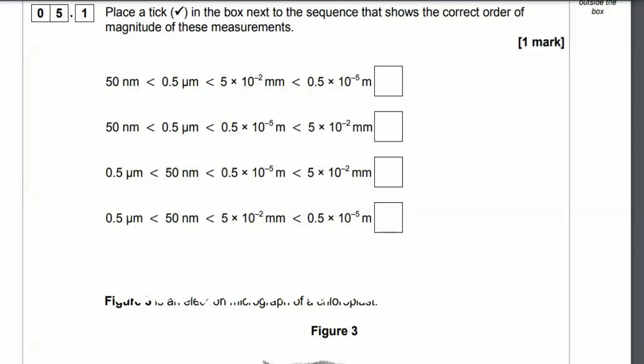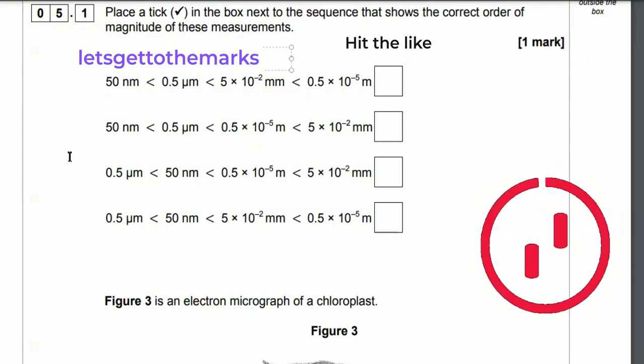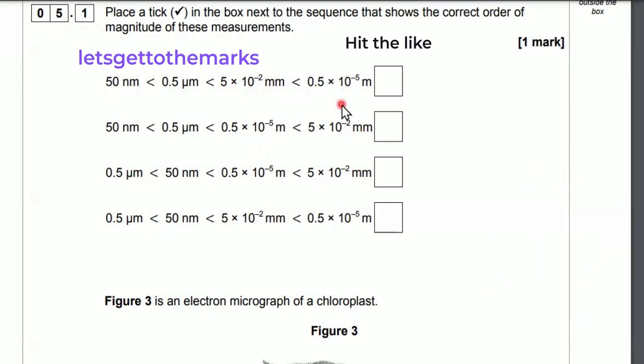We're looking at an A-level biology question on cell fractionation and microscopes. Please tick a box next to the sequence that shows the correct order of magnitude of these measurements. Pause the video, have a go, then unpause and watch the explanation. Okay, are you ready for the correct answer? The correct answer is row number 2, so put a tick there, and I'll go through now and explain how